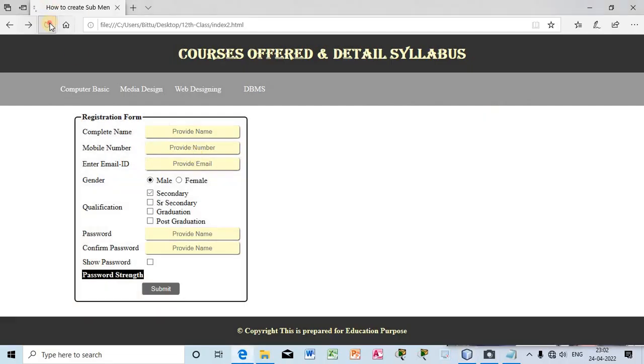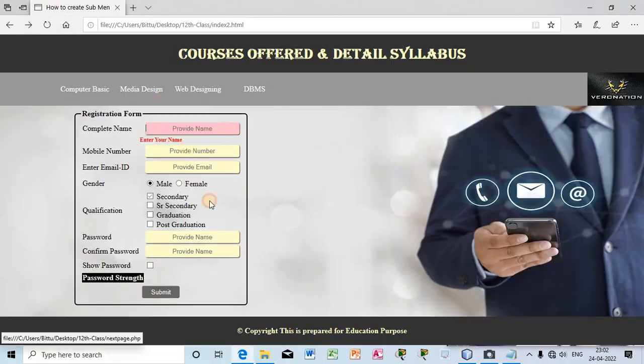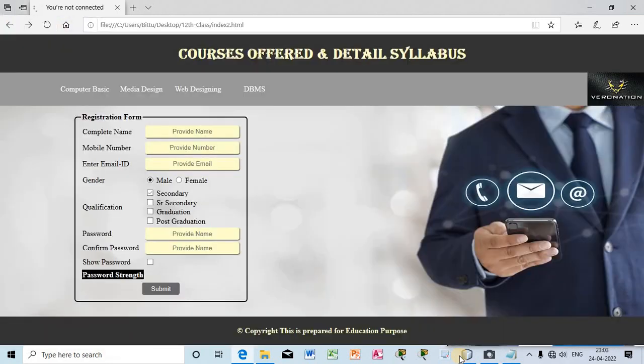Now let me execute again. If I don't write anything, it says enter your name. If I write a number, you can see enter only alphabet, right? But if I write a small letter, then also I will be told to enter only alphabet. But if I write only a capital letter, now you can see submission will take place, because if I write a capital letter, that means